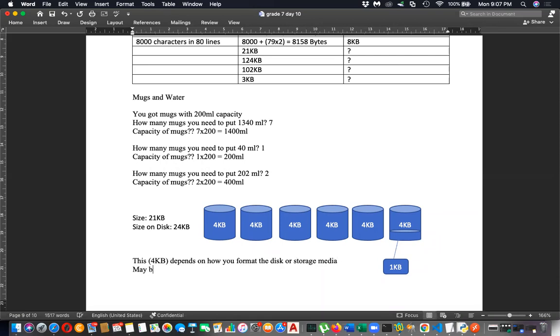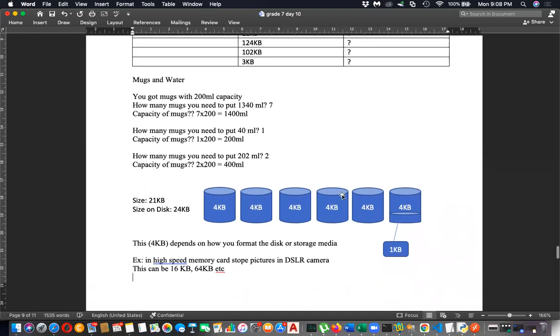For example, in a high-speed memory card used to store pictures in a DSLR camera, this can be 16 KB, 64 KB, etc. Because picture size is very high, it uses large units, large clusters to store the file.